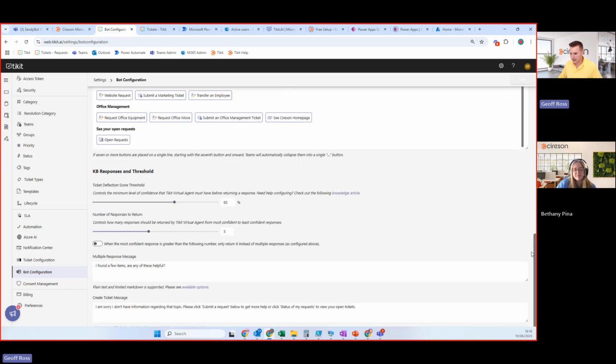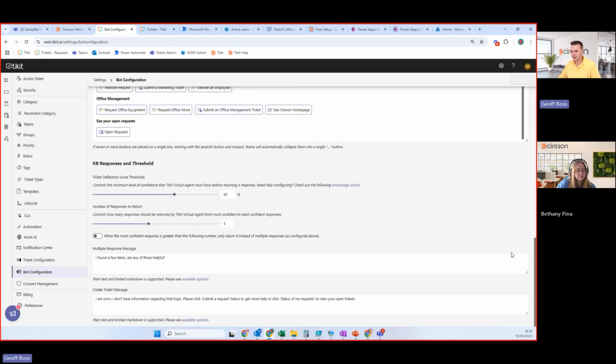And then the last thing for today is the KBE responses threshold. This is some fun settings. It's kind of nerdy, it's kind of in the weeds, but actually to maximize your value from Ticket, you do want to spend some time understanding this and playing with this and getting this right for your organization. And first of all, it's not set and forget. You may need to come back to this and review it every so often, but also it's not always a case of trust